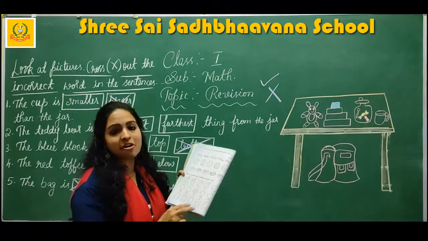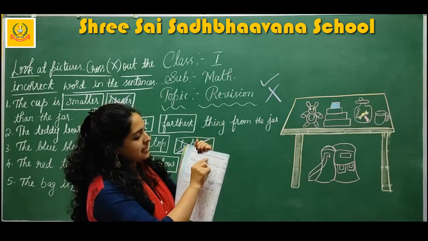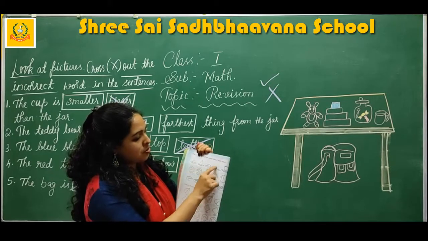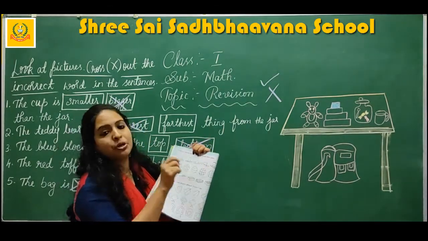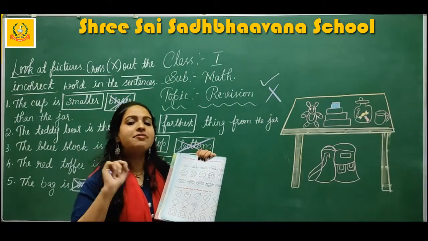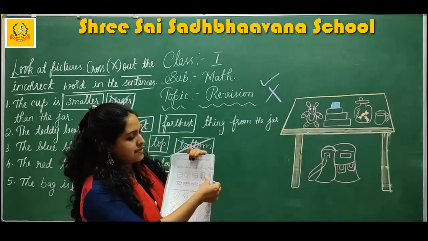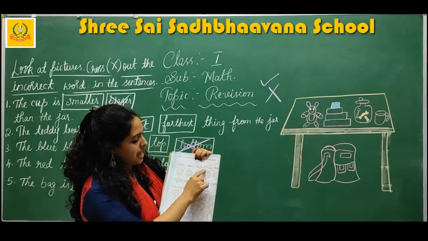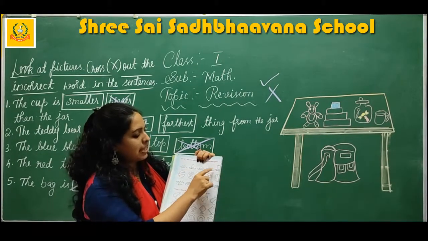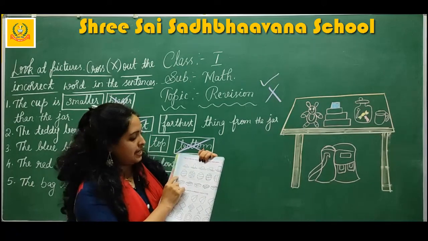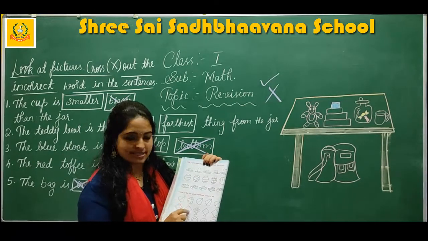Here, what you have to do, your favorite part is this. Take the two which are similar, color them green. So you have to see the picture here. In this picture, which two pictures are same? To those two pictures, you have to give green color. You have to color them green. So here you see, caps are given. So in these 5 caps, which two caps are same? Whichever are same looking caps, to that you have to give green color. Here also balls are there, boxes are there. So can you do this yourself?